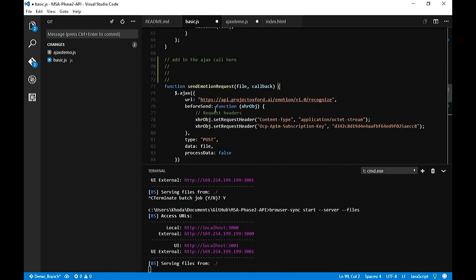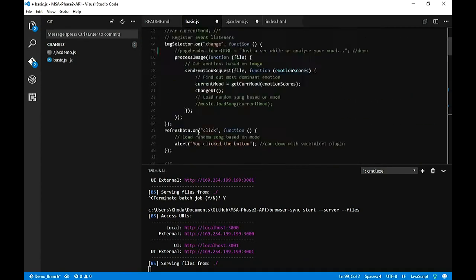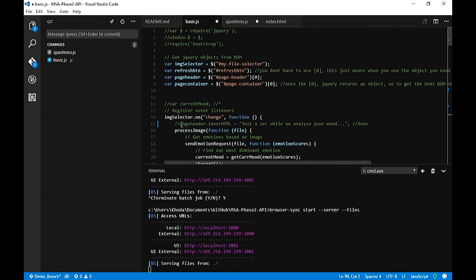So that's the call there. And there is one more thing. When you're sending your request, it's also good to let your users know that a request has been sent or that something's happening. If you remember when I uploaded a photo just earlier to the Moodify website, it did absolutely nothing. It didn't even say that your photo was uploaded, which is why I'm going to add this line in here saying that once you've uploaded a photo,